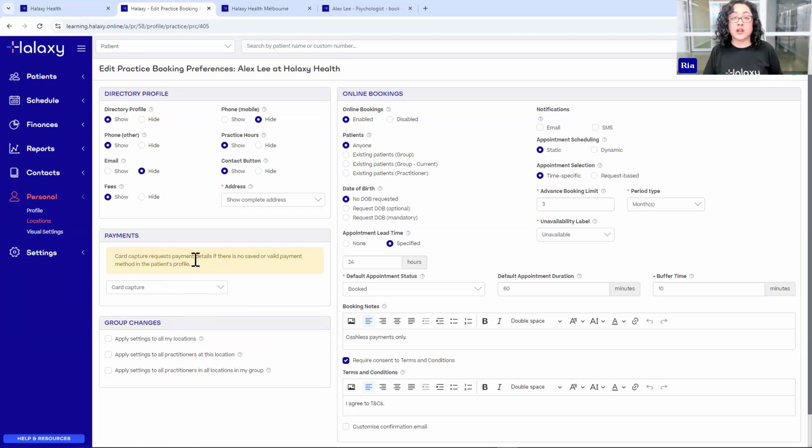So this allows you to charge for no-shows. You charge patients instantly before or after their appointment. And this gives you the certainty of getting paid, and it removes the need to chase up late payments. You can also disable required payment for individual fees. So let's say you